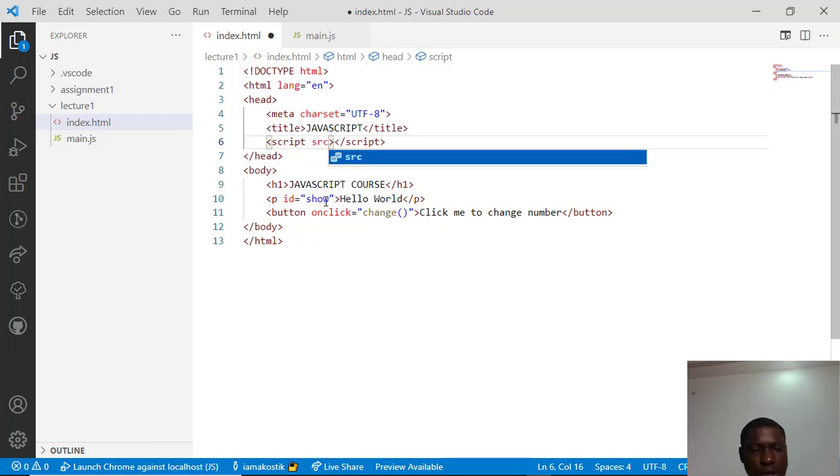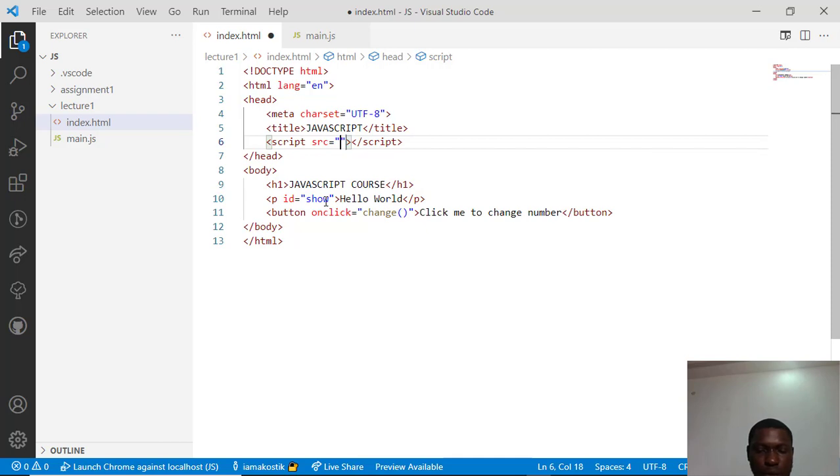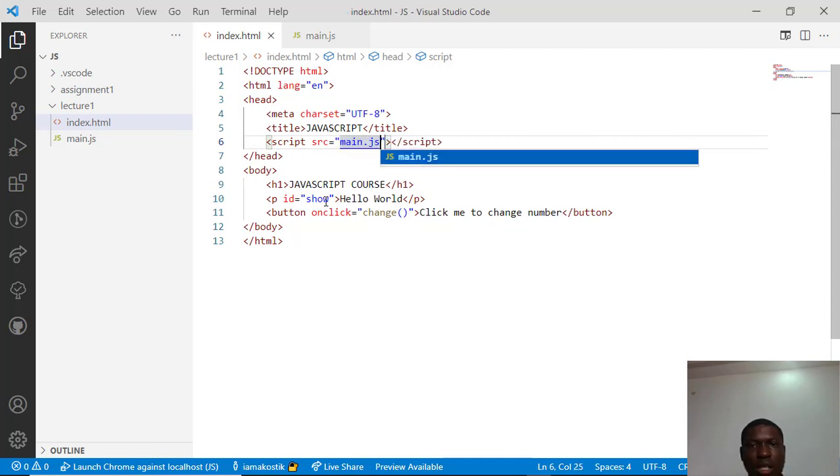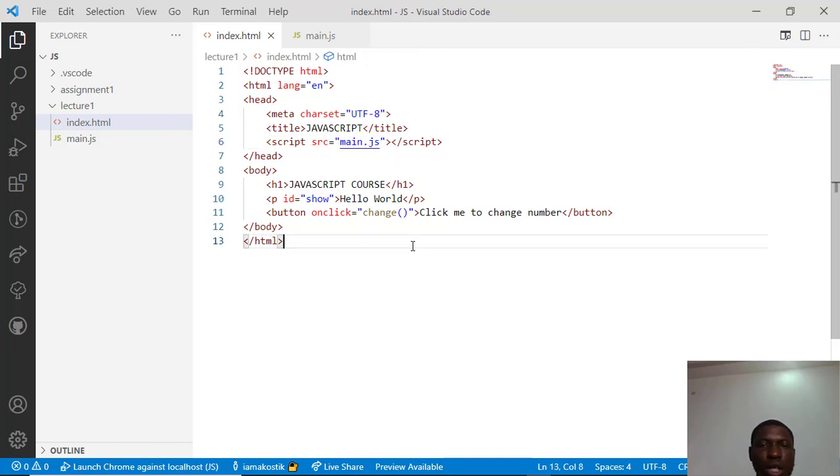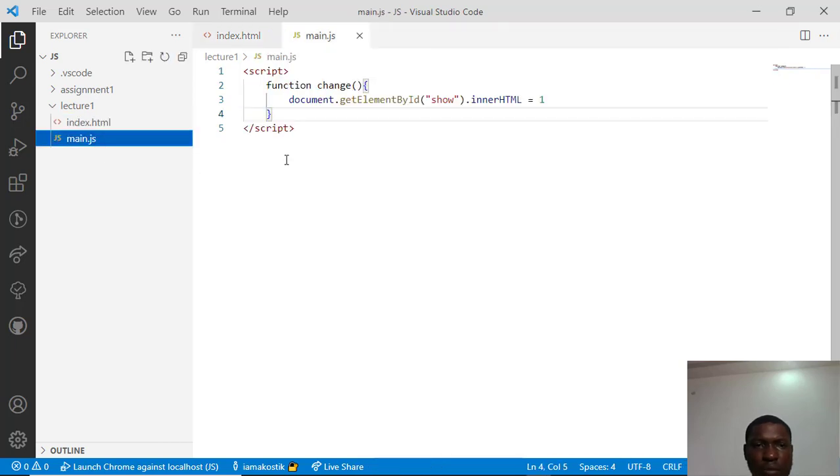So src, which is for source, and I'm going to link to main.js and save that. Okay, so I have abstracted my JavaScript code and moved it to main.js. So index.html is left without any physical JavaScript code, but I still have this referencing the change function, and the change function is located in main.js.